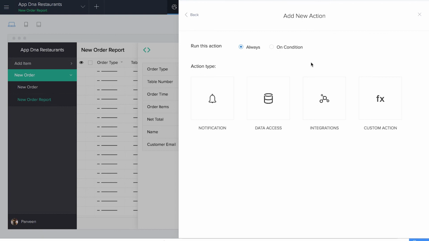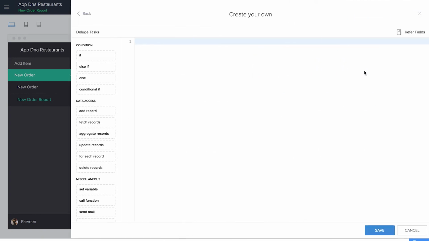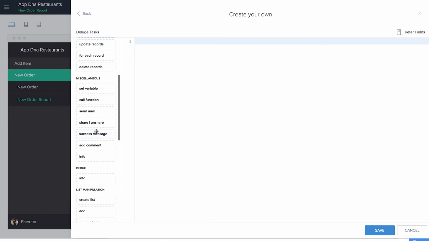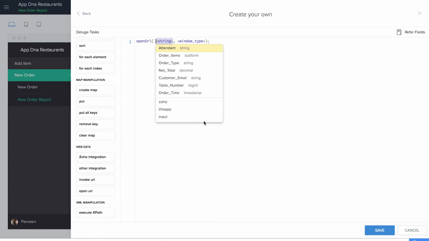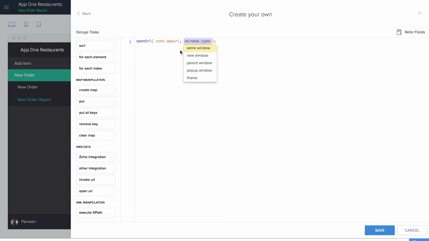Now this one I'm gonna add a new action, custom action, and I'm gonna create my own custom script. Now I want to tell you that there is a very special Deluge task which is called open URL, which opens a URL. And remember the code that I had just copied from my report. So I'm going to use that here. So in open URL, I'm going to use a default Zoho code called zoho.appuri. So app URI recognizes the app that we are talking about and then it opens the window type. I'm going to use a new window type, and in zoho.appuri, I'm going to add the copy-pasted part of my link and then plus input.ID